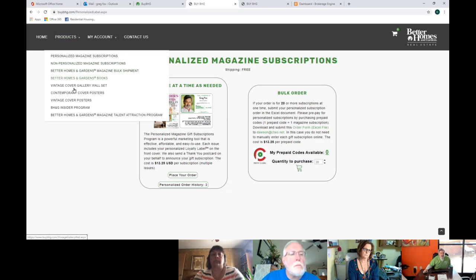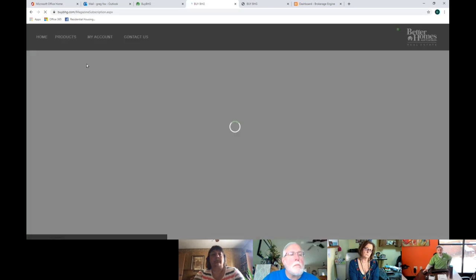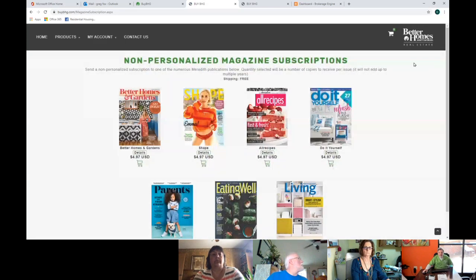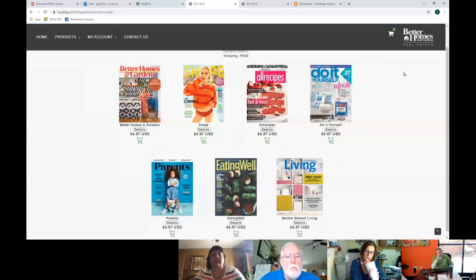There's a place that has the various magazines that they order from. So these are the various magazines.